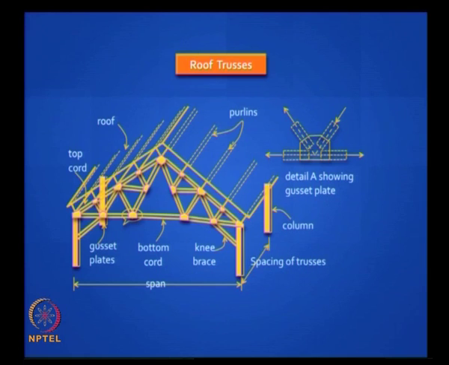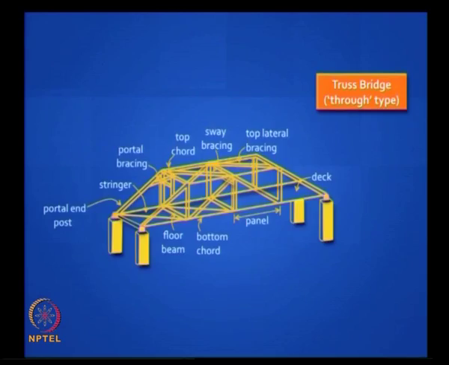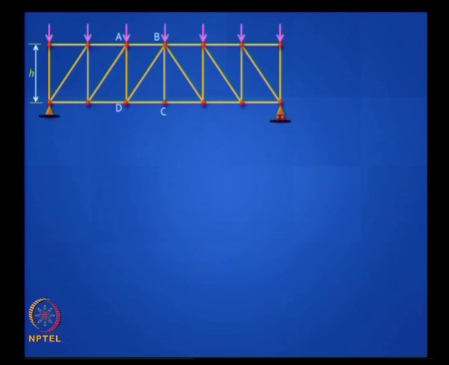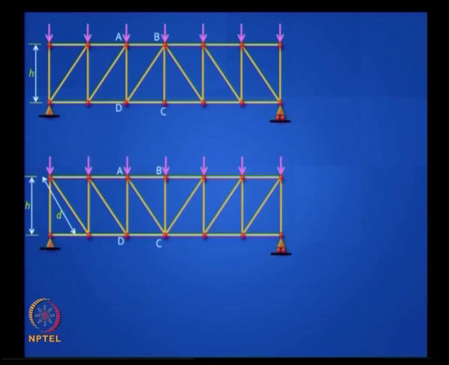Trusses are commonly used in roofs, they are also used commonly in bridges. Bridge trusses are referred to either as through type trusses when the deck is below and the traffic goes, where you can see the two trusses on either side of your carriageway, or they are called deck trusses when the truss is below the deck, and there are other intermediate types called semi through and so on. Now we first studied beams and then we looked at trusses, so it is good to see an equivalence between the truss and the beam.